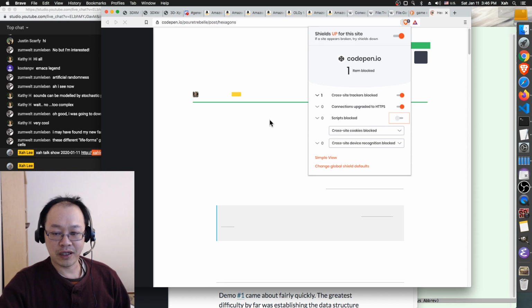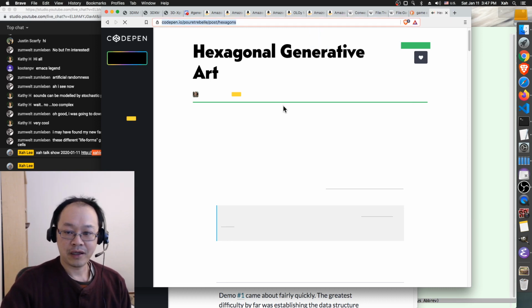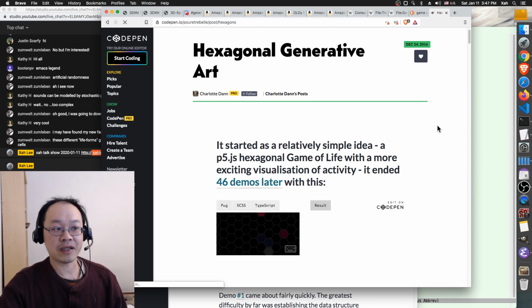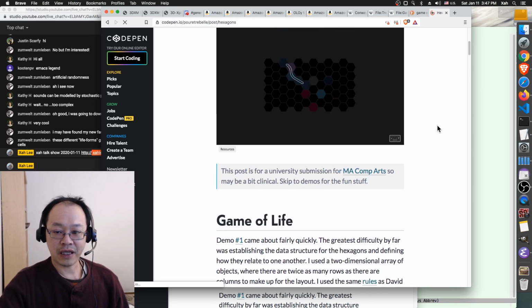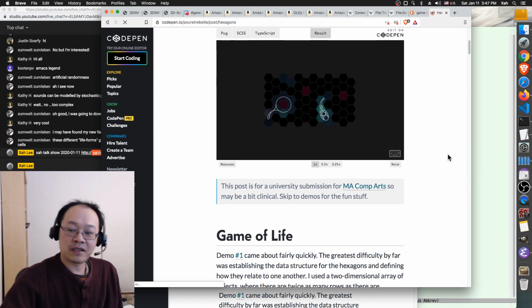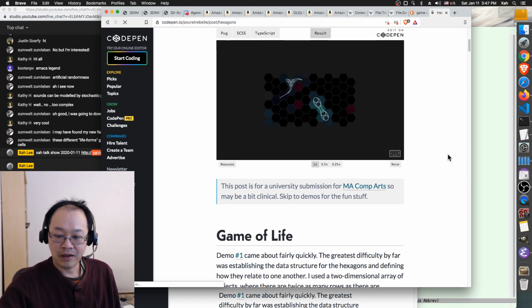She is a student of computer science. I'm showing you this example as a different cellular automata. So you can see she's running this on a